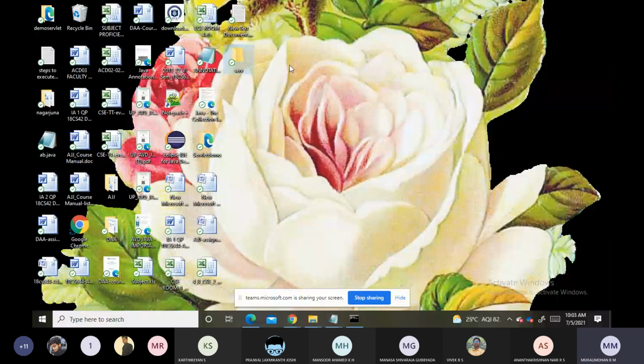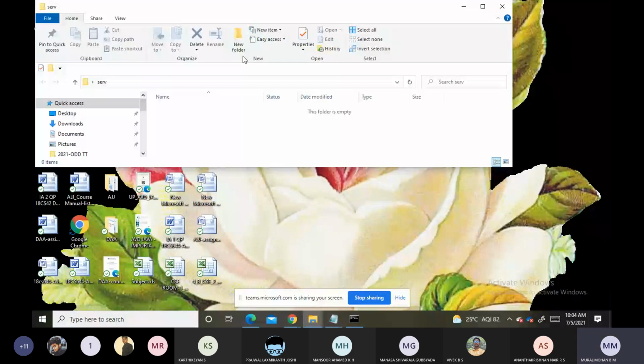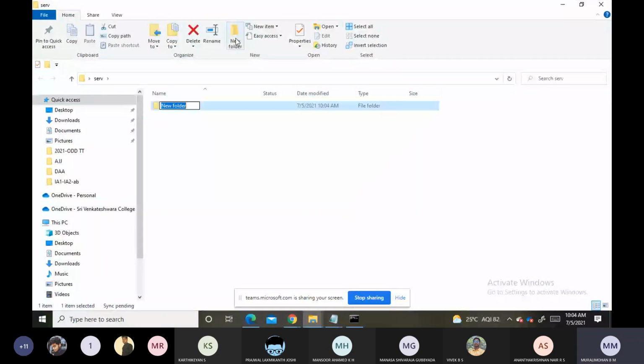Once you create that, you go inside, and here you create one more folder, WEB-INF, that should be in capital letters. Web hyphen INF. Okay, clear?